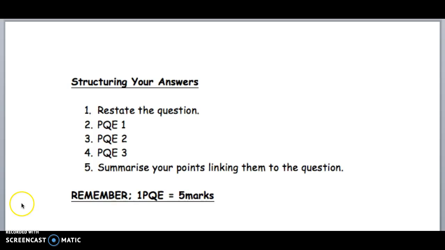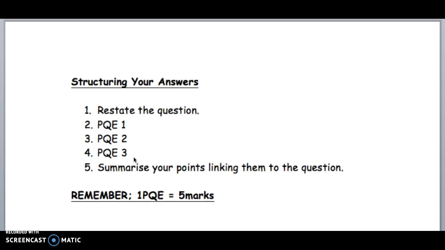This question is worth 15 marks. For that, you would be expected to restate the question. This single sentence summary of the question should form its own paragraph. It should be followed by 3 individual PQEs. Remember, P for point, Q for quote, and E for an explanation. One sentence is fine for both the P and the Q, but for the E, 2 or 3 may be